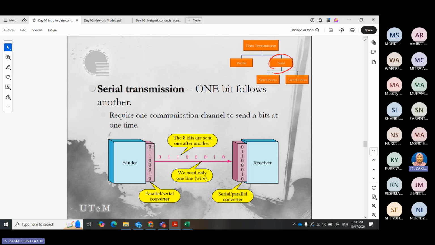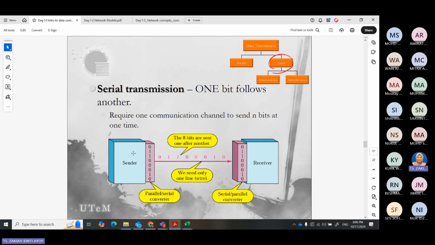We have a parallel-to-serial converter here, and on the communication line, like your Cat 6 or copper cable, it can only send one bit at one time.